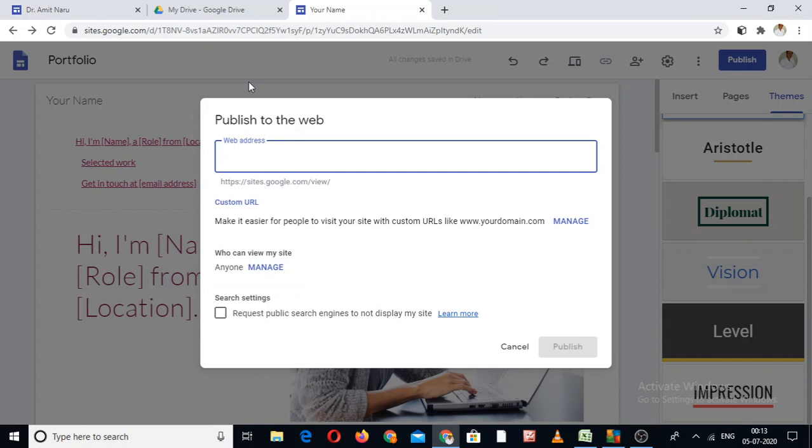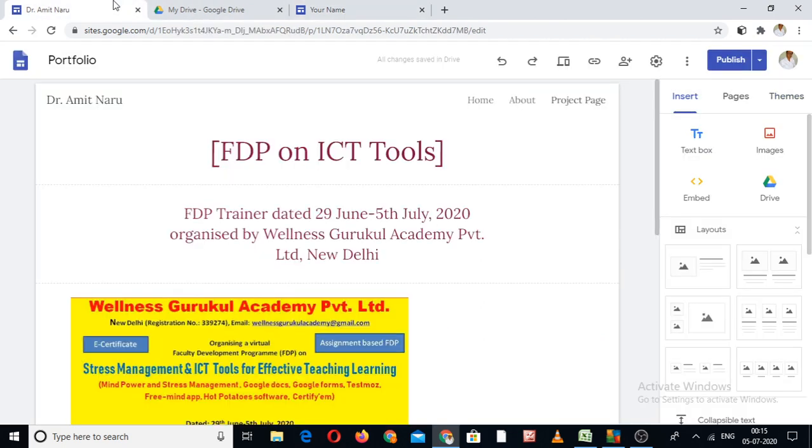For that you have to mention a proper URL of your portfolio or your Google Sites. It basically starts with www, as I mentioned, www.amitnaru.com, and I click on this publish button. When I click on this button, this page will be published as my page.